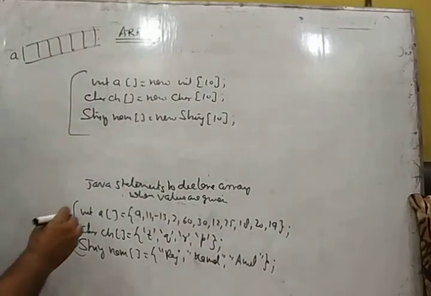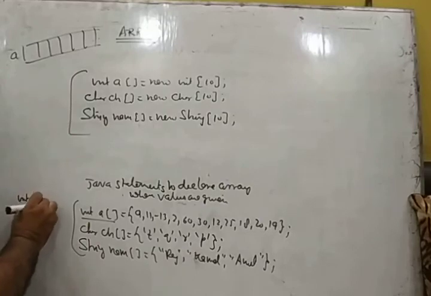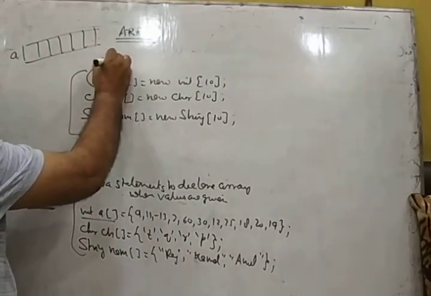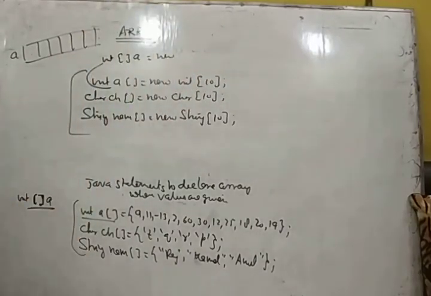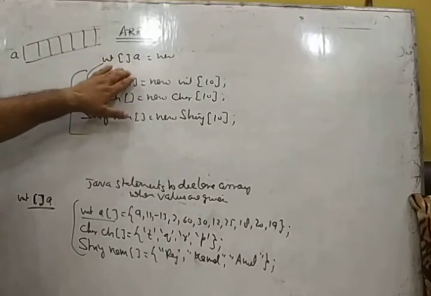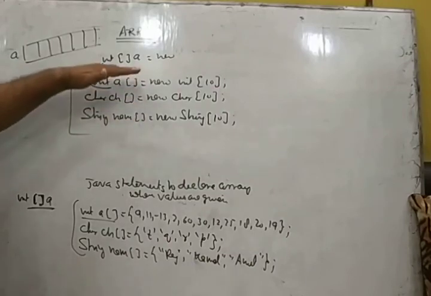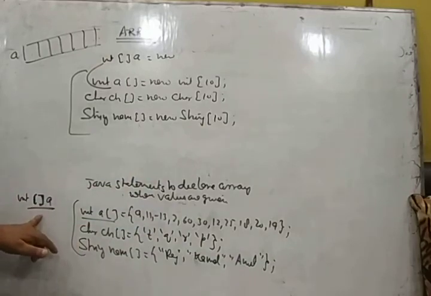Another thing I want to tell you is that this can be written like this also: int square brackets and a after it. Square brackets can be before the variable. So as here, you can write int[] a = new int[10] this way. So these square brackets can be before the variable also, but you will follow this pattern. You will not follow this pattern. But in the examination, if he asks is this okay, you will say this is okay. This is not wrong. This is correct. But the way you will write in programming, you will follow this pattern, right? Not this one. But this is also correct.